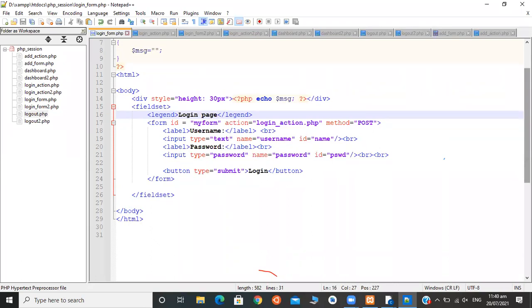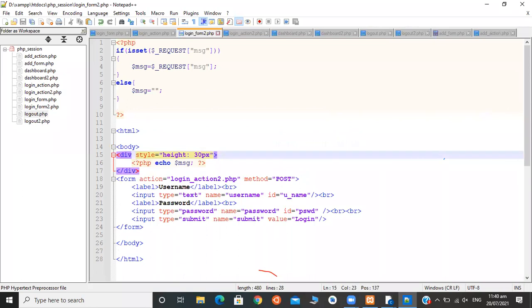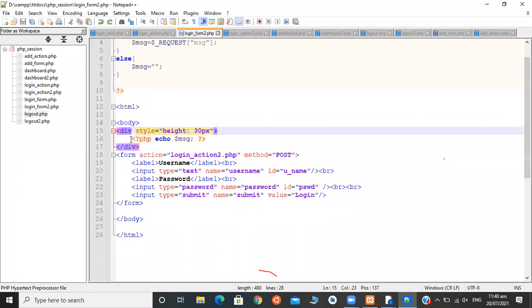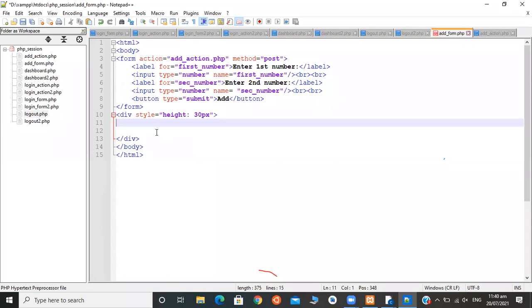So where did we print that? In login form.php. Like here in PHP, echo $message. So we have done this here. We have to do the same here in add form.php.